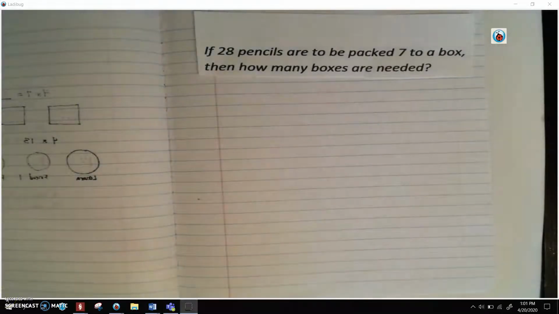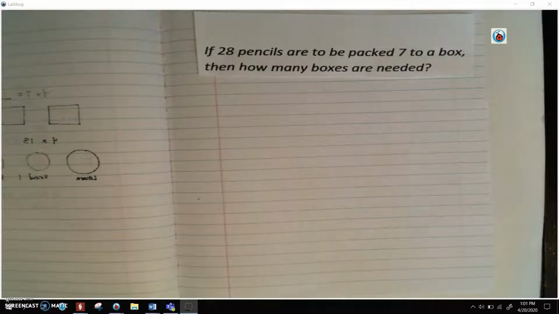Yesterday, we made models to represent different multiplication problems. Today, we're going to use models to solve some different division word problems. So our first problem says if 28 pencils are to be packed 7 to a box, then how many boxes